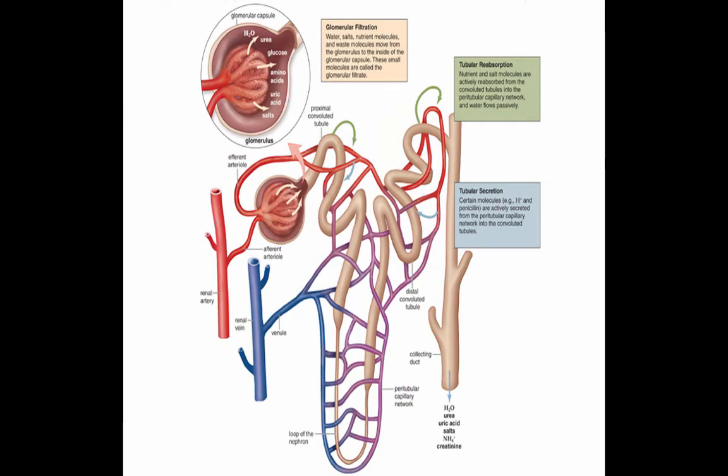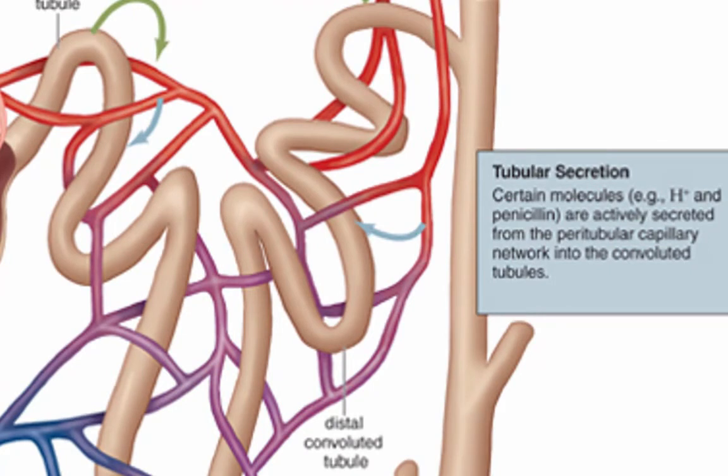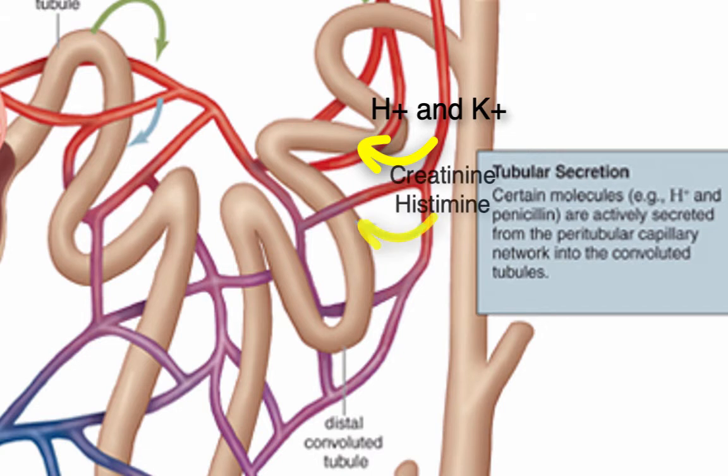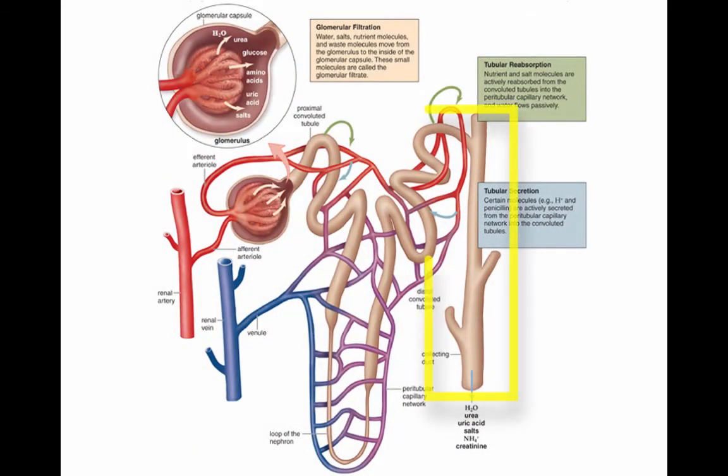At the distal convoluted tubule, any waste from the blood that did not pass through the Bowman's capsule due to size or other limitations will be actively transported into the nephron from the blood of the peritubular capillaries. This process of pumping hydrogen ions, potassium ions, creatinine, histamine, and drugs like penicillin is called tubular secretion. Urine will now enter the collecting ducts, where more water will be reabsorbed, before it travels down the ureter into